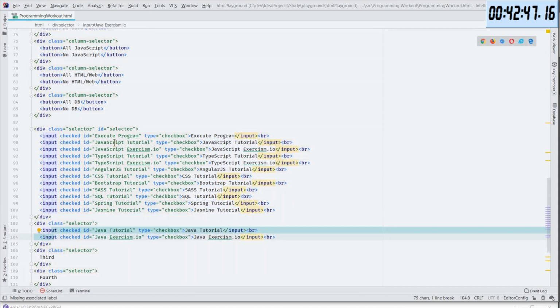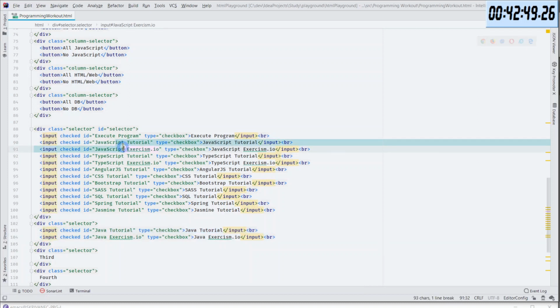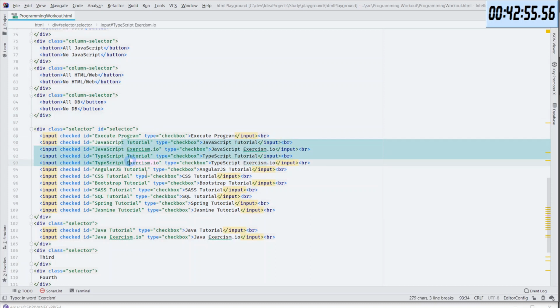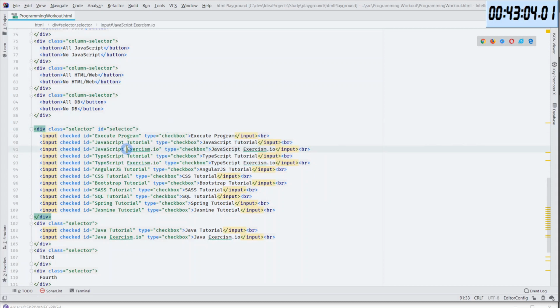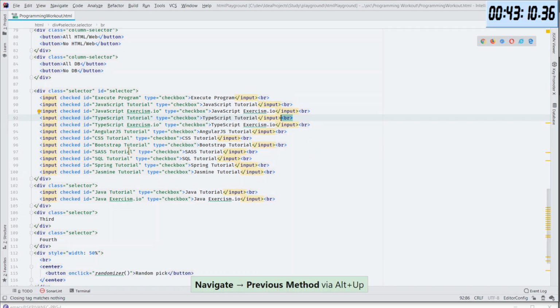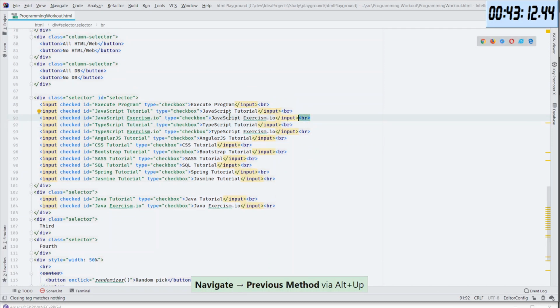Then we have JavaScript, if I remember. The TypeScript too. Okay, well, I will move those.